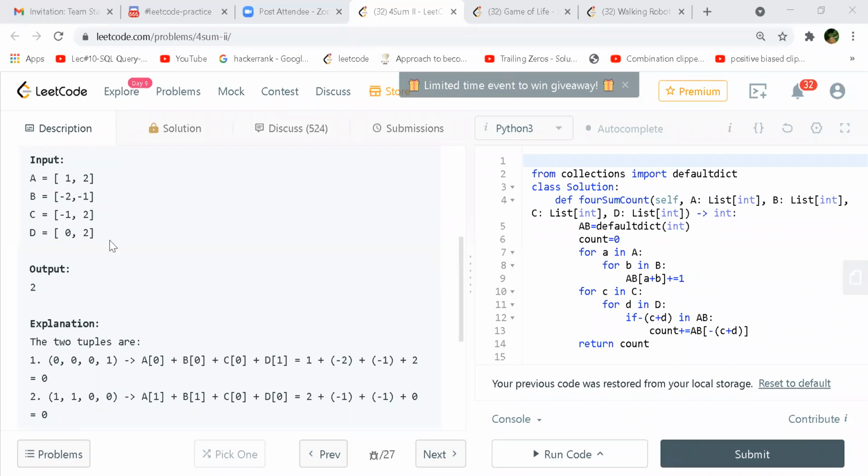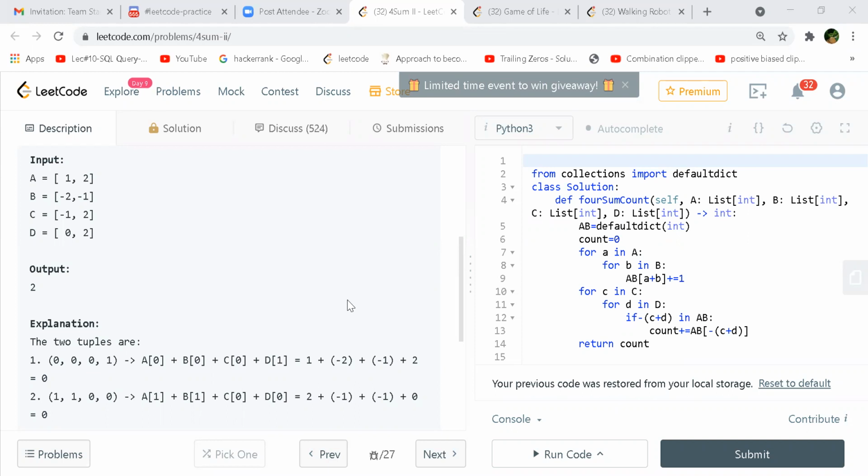Okay, so if we go via this route, the brute force will be to just check all the possible combinations, right? Take one element from here, and check at which point the four elements give you zero. That should be a more straightforward way. So if it's brute force, it will be n raised to 4.